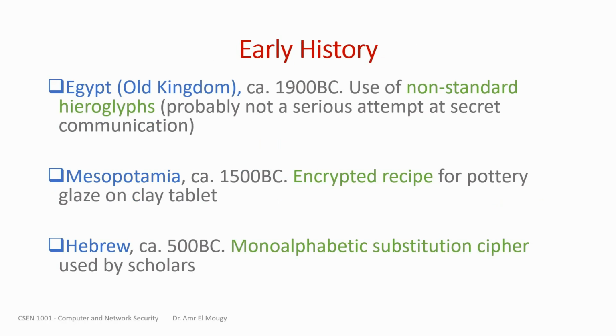Okay. Cryptography is not a new concept, and there is evidence that it existed in Egypt as far back as 1900 BC. We find evidence of non-standard hieroglyphs. There are some temples and pyramids where you find hieroglyphic characters that are not standard. It is not believed to be secret messages hidden in these temples, but rather it was an attempt from the pharaohs to be a little bit